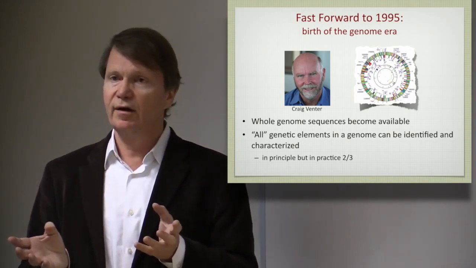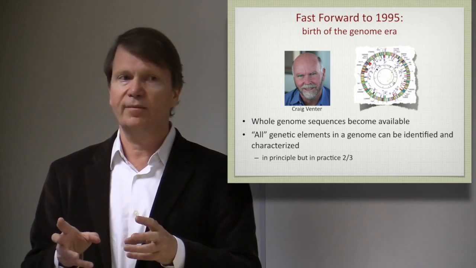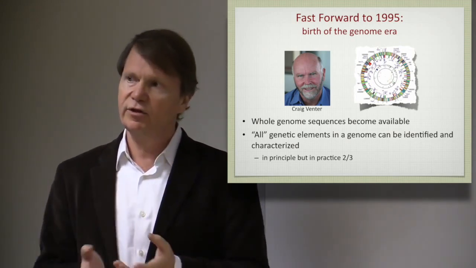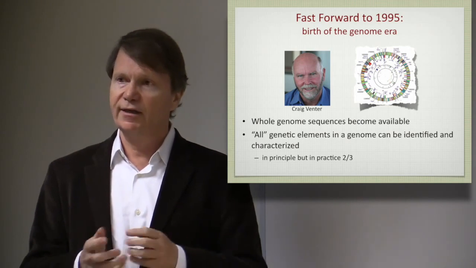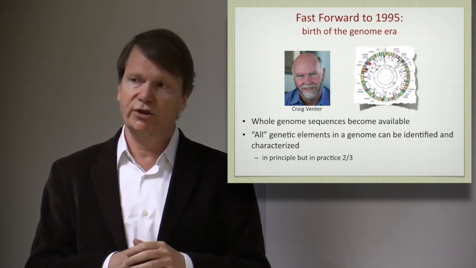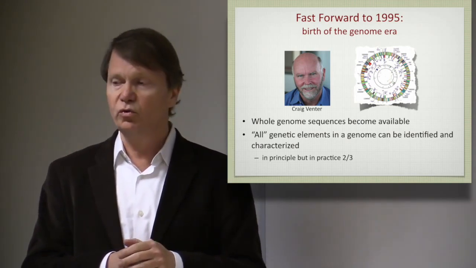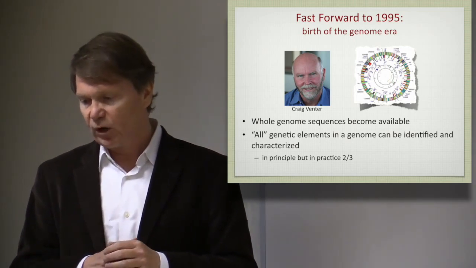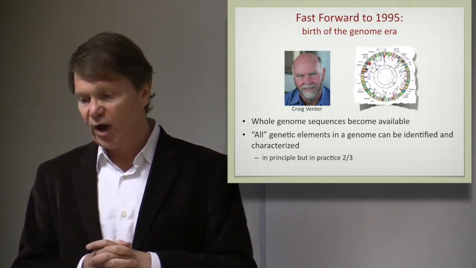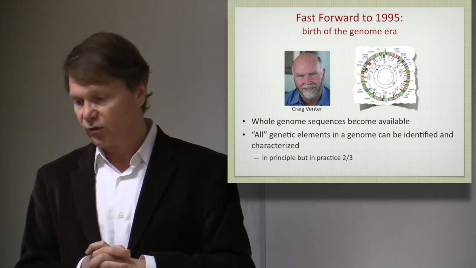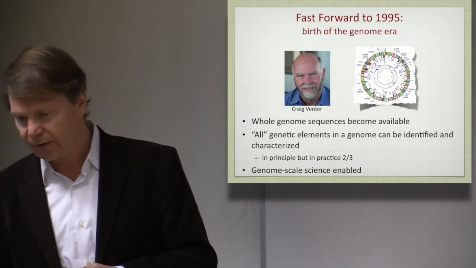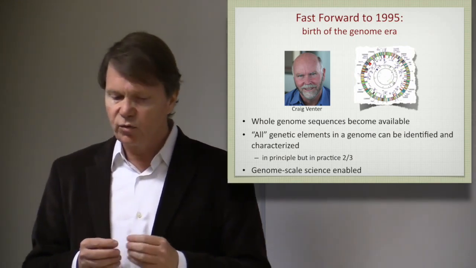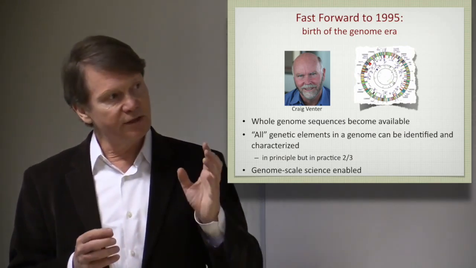They should all be on that genome. So now we could, I should say, for the first time, define the totality of the genetic makeup of an organism. Now the reality is that we still don't understand what all the genetic elements on a genome do, but for simple organisms, we have a pretty comprehensive knowledge of what the gene portfolio is and what their individual functions are. So this was a significant development because of the scale.